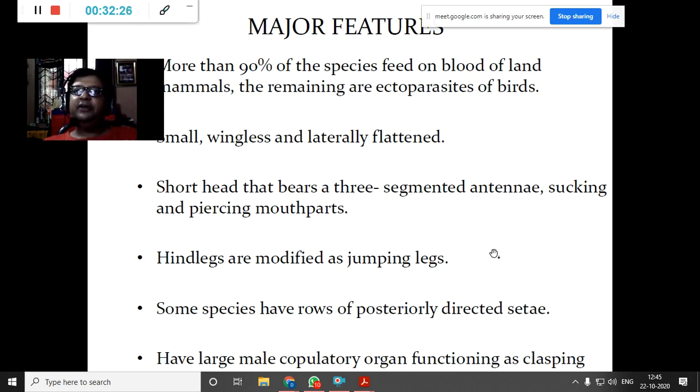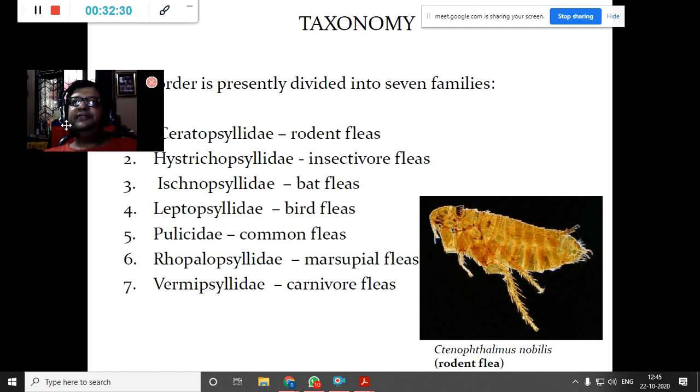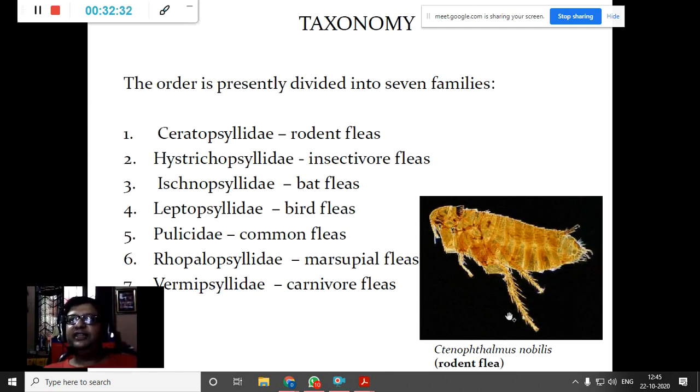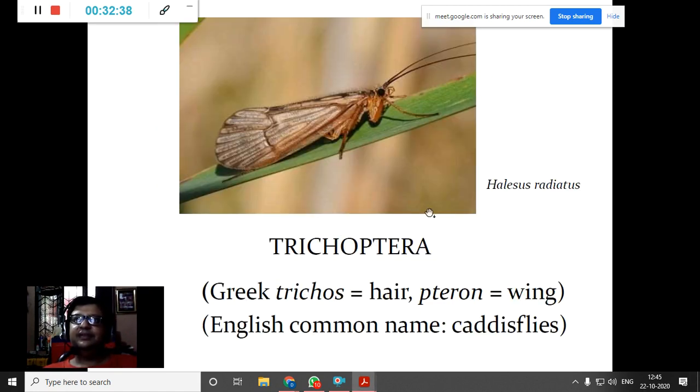And male copulatory organs functioning as clasping. They are definitely not very nice. The rodent fleas, this is the rodent flea. You can find them in rats. Then you have the Trichoptera, hair on the wings. The caddis flies. Also you can find them, this is important in